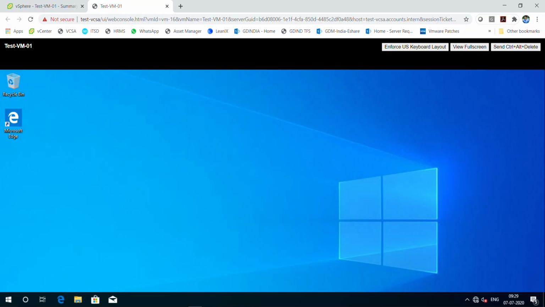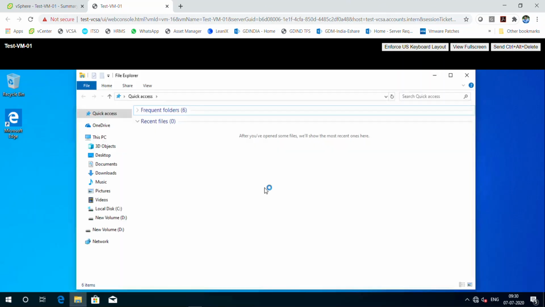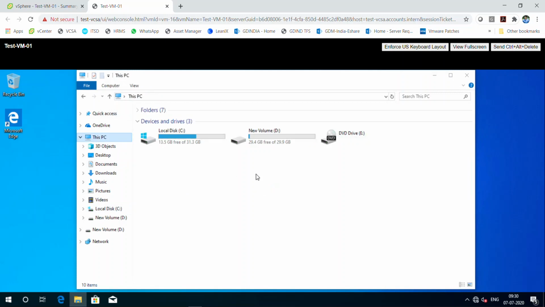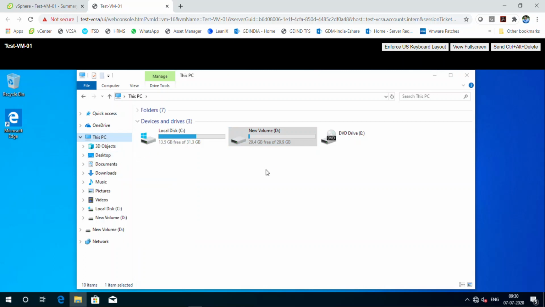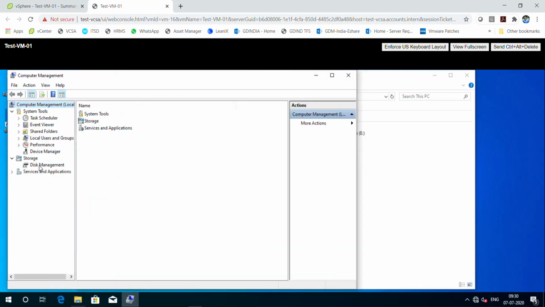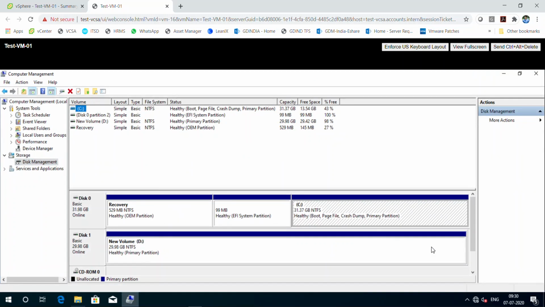The VM is started. Let's have a look at the drives. It is showing around 30 GB. Go to disk management. Previously we had 10 GB unallocated space.